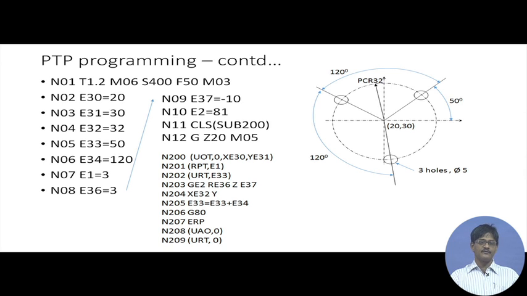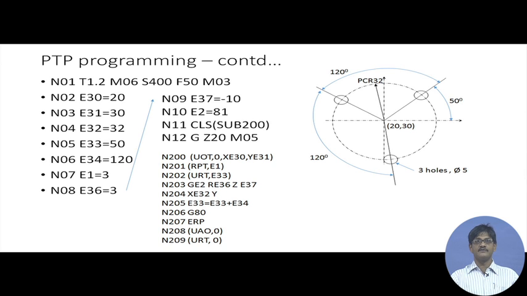When the drill is coming down to drill a hole, it moves fast, but changes over to slow feed motion of 50 millimeters per minute only when it has come to a predetermined distance above the job surface, and this is designated as 3 millimeters. So, the drill is asked to change over from rapid to feed motion at 3 millimeters above the job surface.